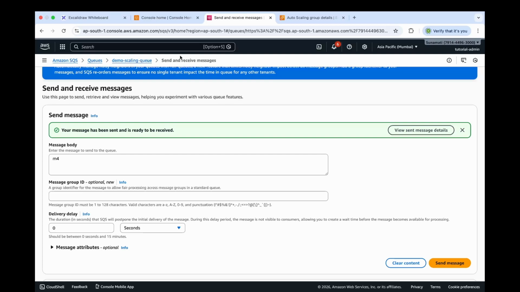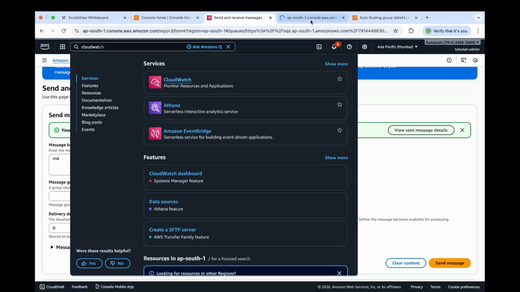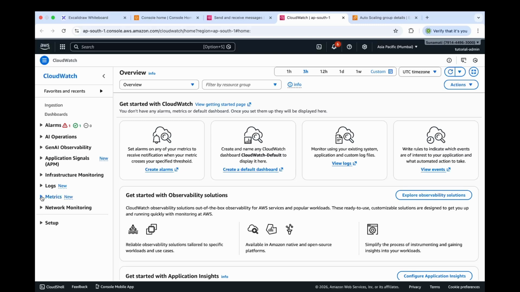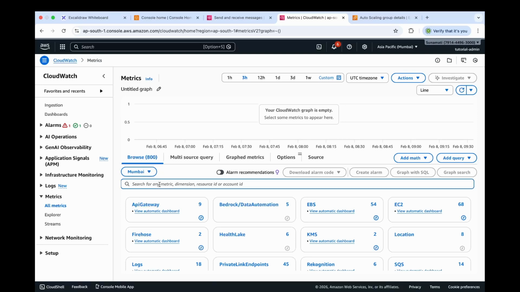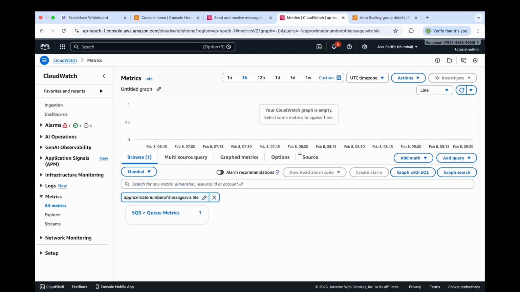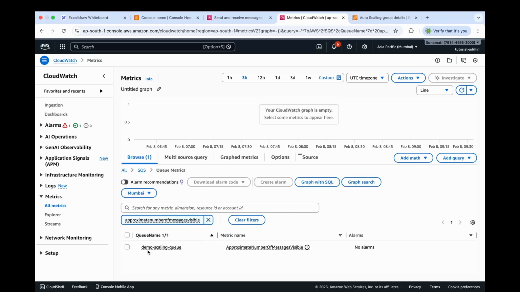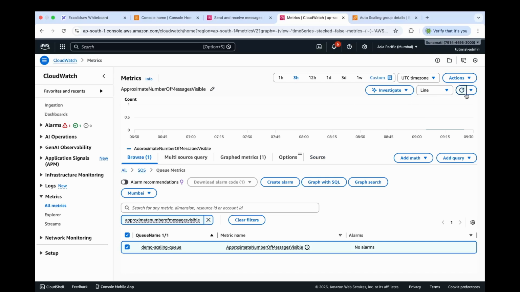So let's open our CloudWatch. In the CloudWatch under metrics, let's click all metrics. In this search bar, let's select our metric. Let's press enter. You can see we have this SQS queue metrics. So let's click it. You can see we have a queue named demo scaling queue and approximate number of messages visible. So let's select this queue name with the specific metric